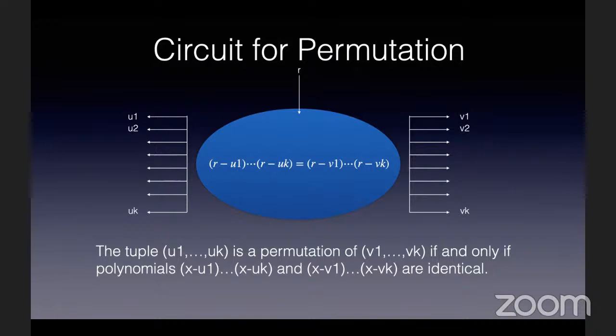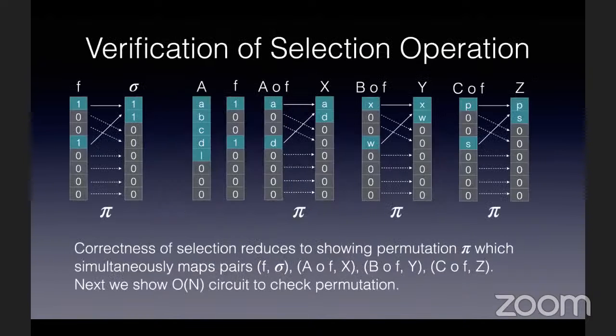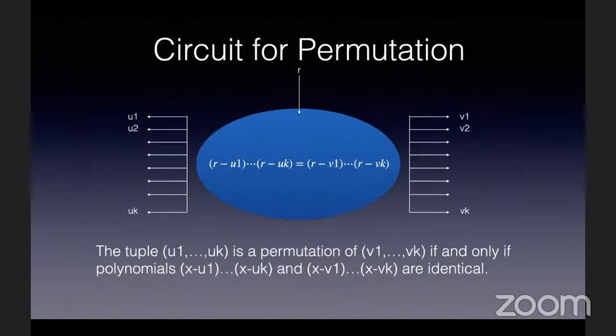If the relation doesn't hold, as in they're not permutations, then this circuit is satisfied with extremely small probability. So somebody can cheat with extremely small probability. So this permutation, as we said, was used here. There were more things, but we will not go into those details as of now.